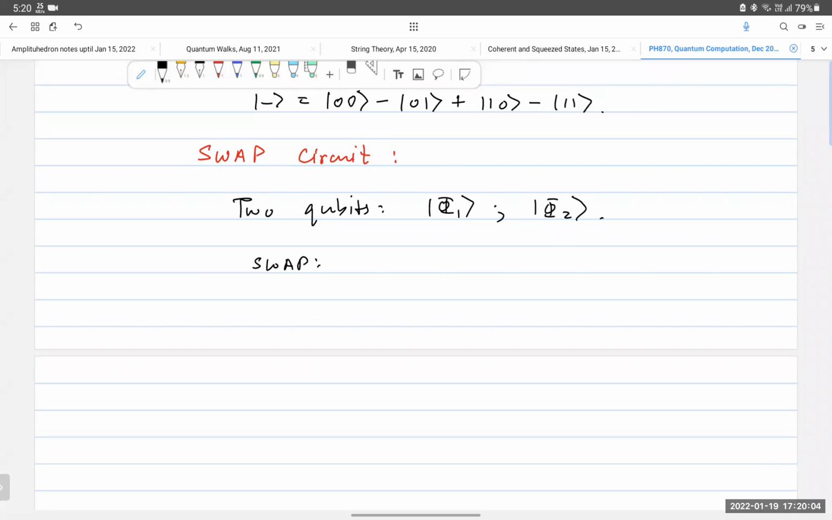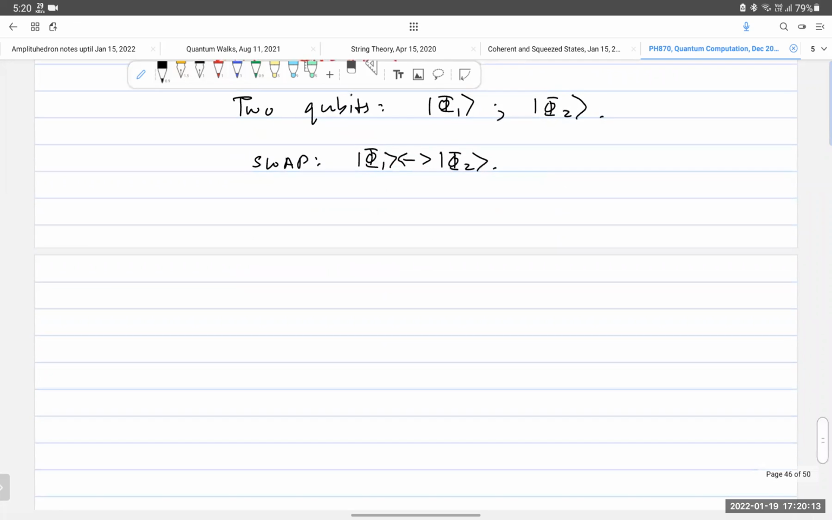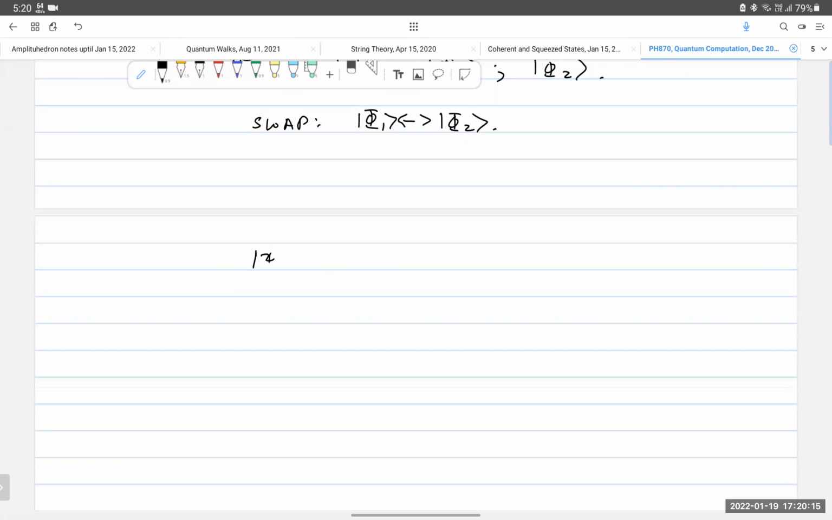Then what does the swap do? Well, it does what the name suggests. It exchanges the two qubits. Okay, if I write it in the tensor product notation,